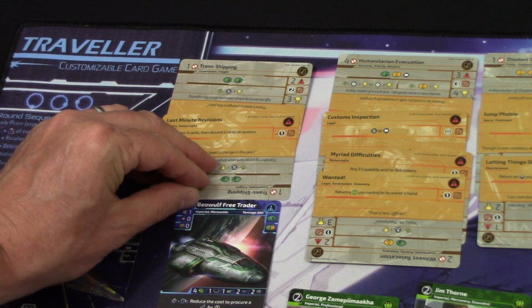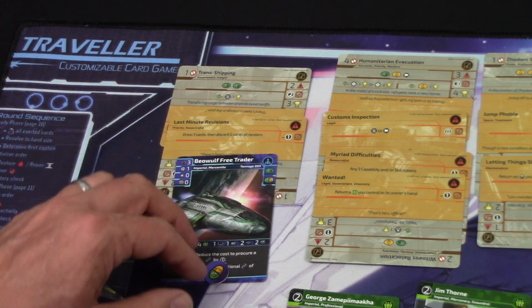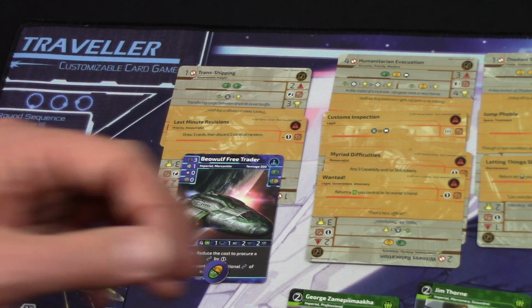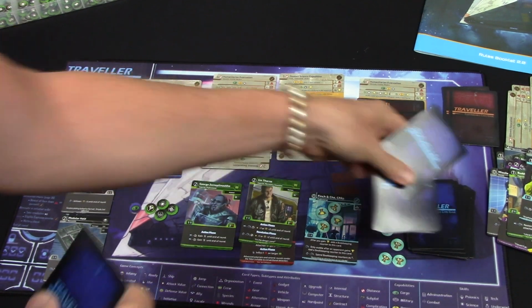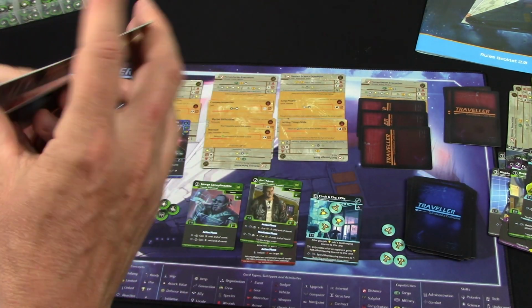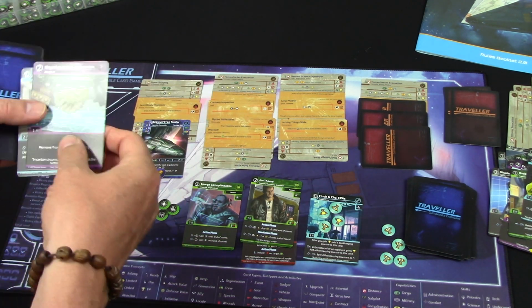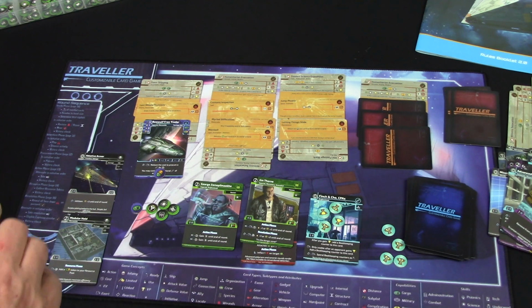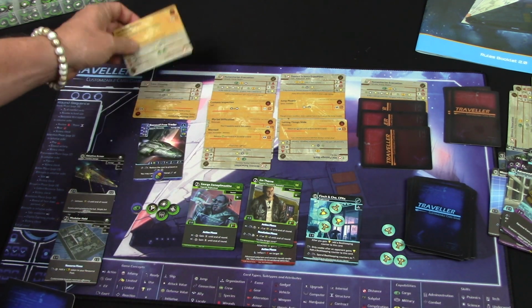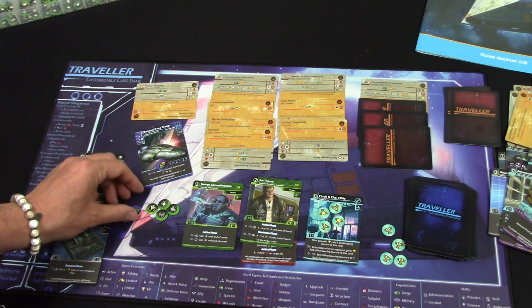It is last minute revisions. Draw 3 cards and then discard 2 at random. Well, that's alright. I'm happy with that. Draw 1, 2, 3, discard 2. Doesn't really matter. Okay. That's that complication done. So it could mess with your plans, but of course we've now completed